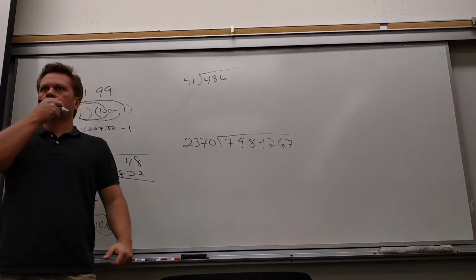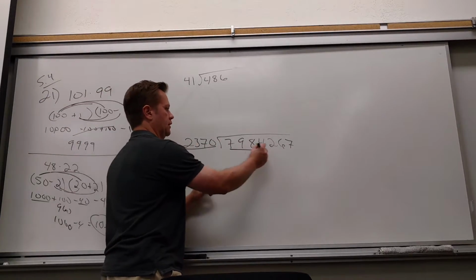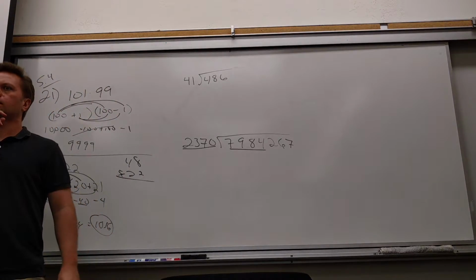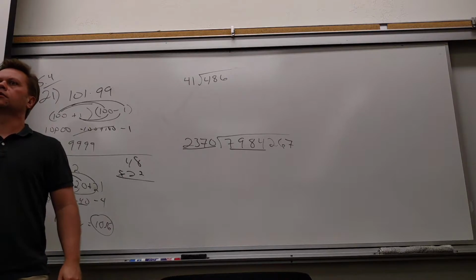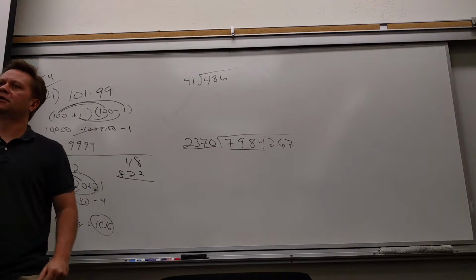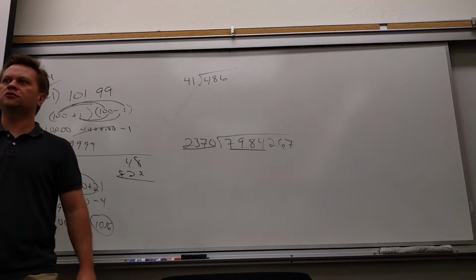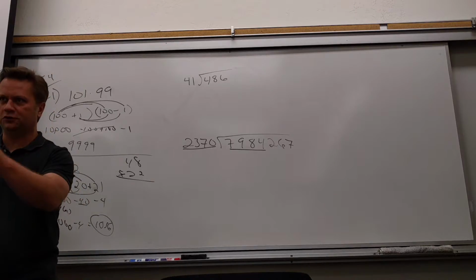So what is your good first guess? Because you're looking at 2370 into 7,984. There's nobody in here that can just do that. Why would you say 3? Tell me, try to really see what your brain is doing. 4 would be too much. Why? Because 4 times 2 is 8, and if you're honest, if you really see what your brain's doing,